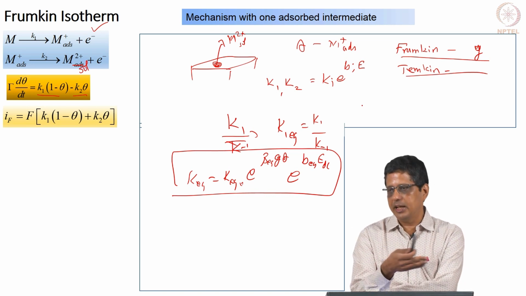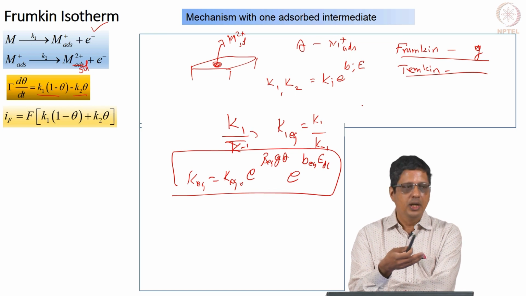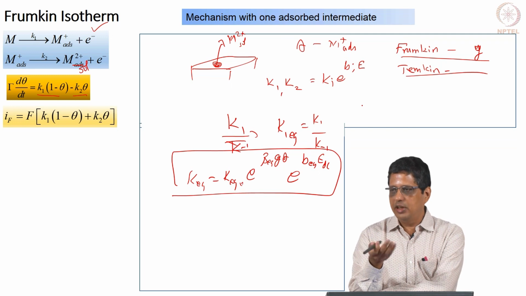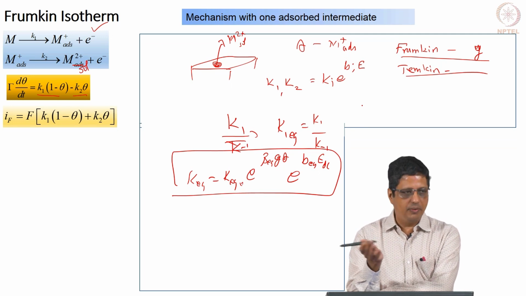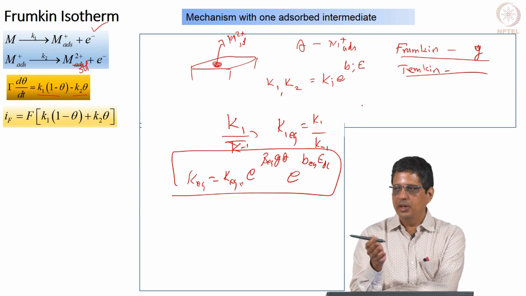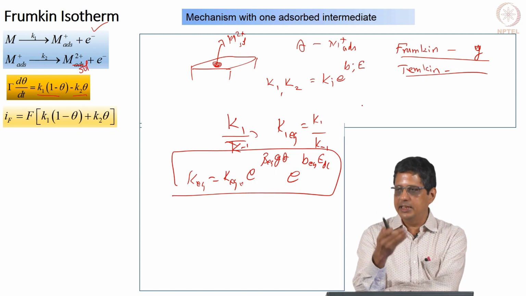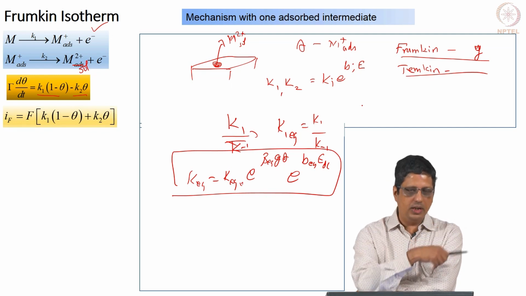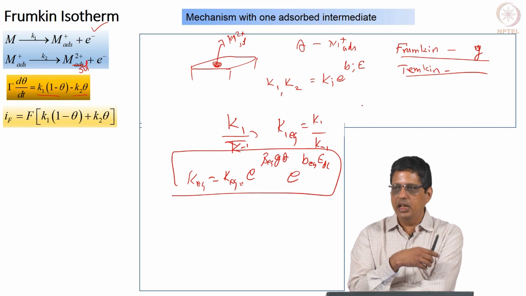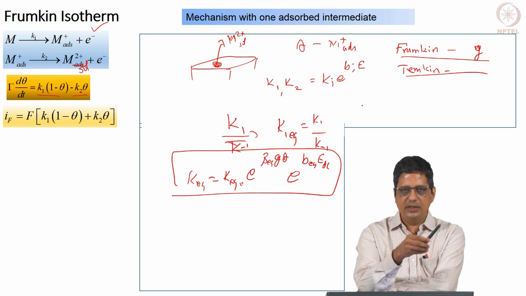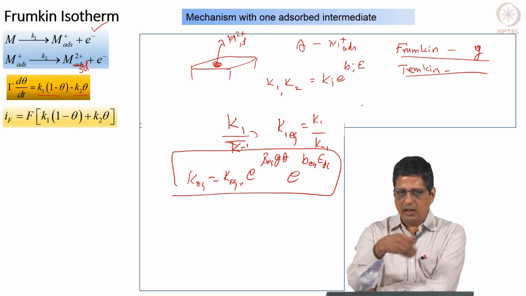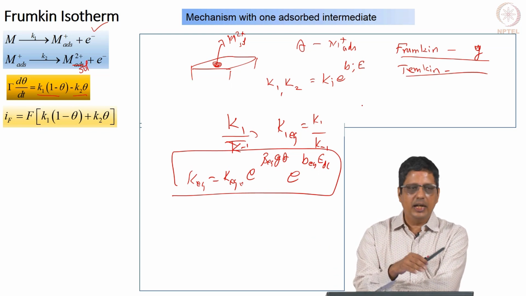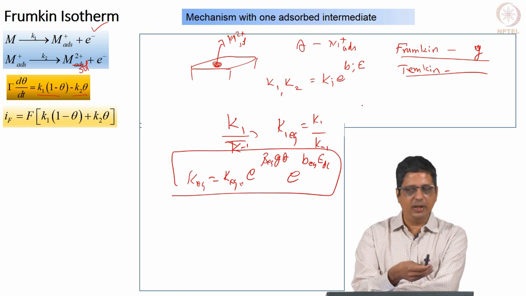This will represent the Frumkin isotherm. Okay. Another example: you go to a place, you know all of them, they are equally friends. However, let us say there are only a few of them there and the seats are not equal, meaning some seats have a better view, some seats have a poorer view. You are likely to go to the seat which has a better view first. Anybody who comes in will choose that. When that is full, they will go to the next one. When pretty much everything is full, they will go to the one which has a very poor view. So, that is going to be an example for the Temkin isotherm.